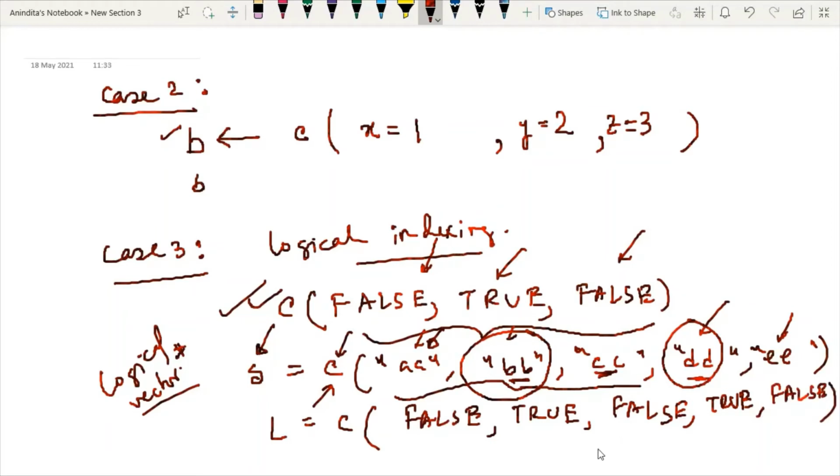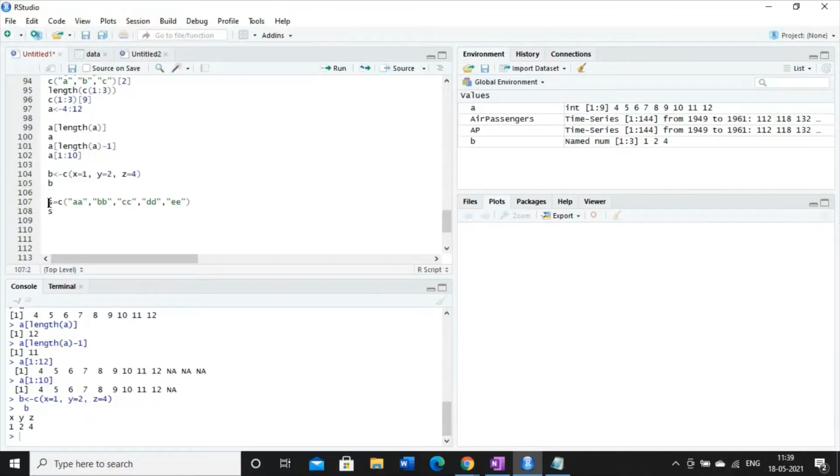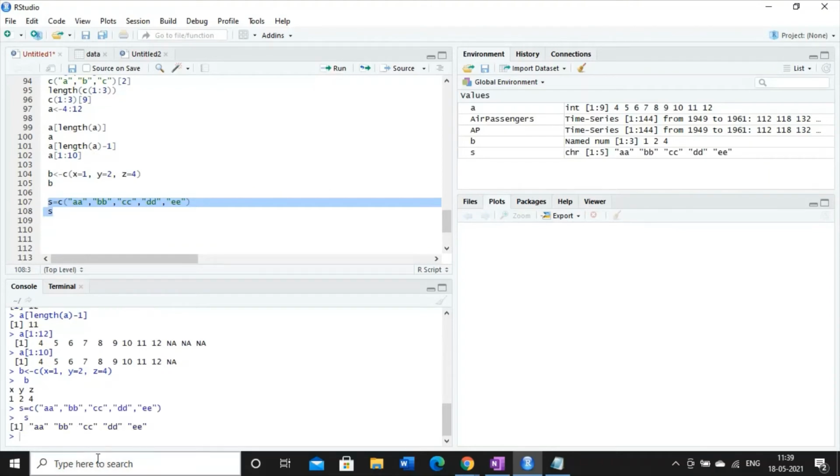Now if I write s of L, let's see what the output will be. This is the vector that I was defining. After defining the vector containing character components, I am just printing it. This is the output, clearly visible.